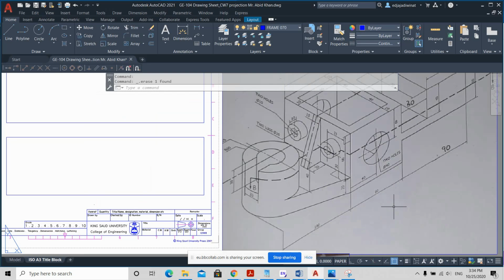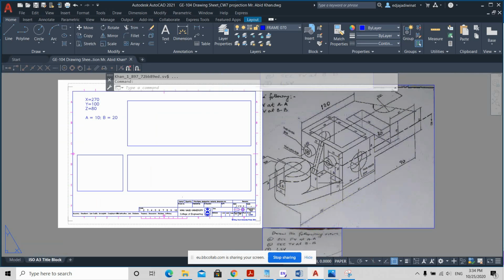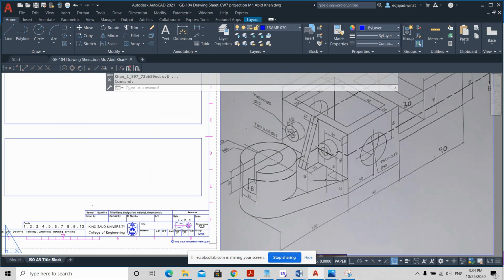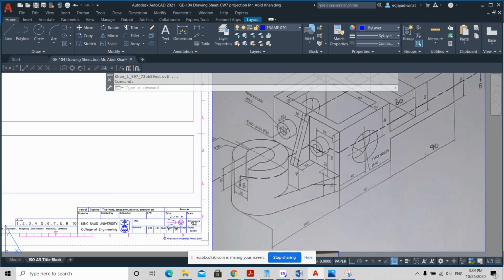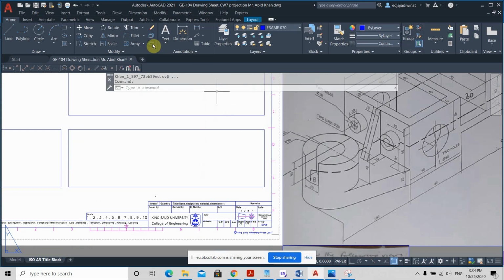So let us make first, I would say let's make the base here. I don't know what we call this, but this object here. So if you see, this object has a height of 20. So I'll offset this 20, there. And then